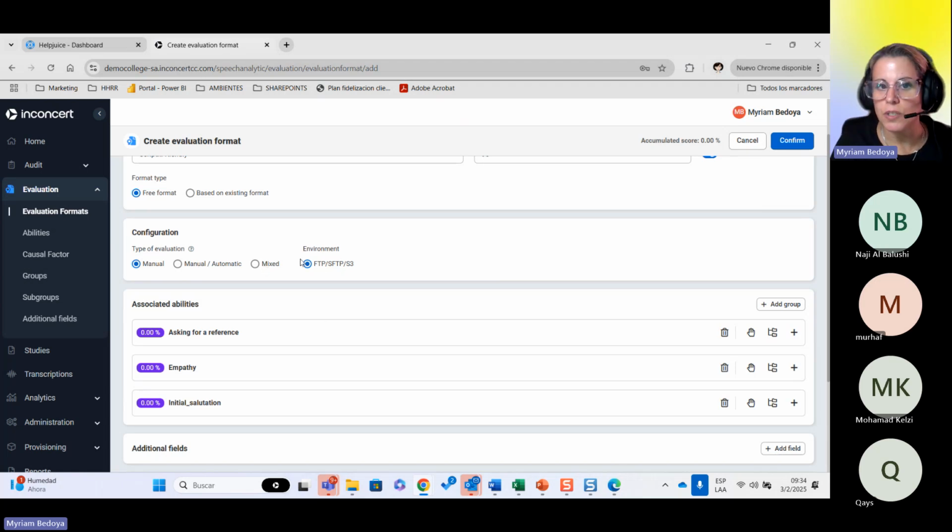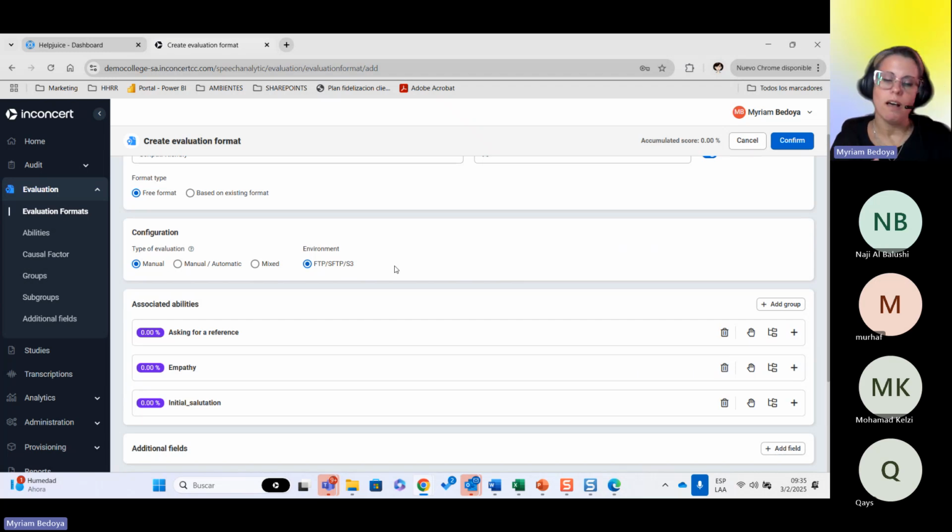And then here where you see the environment, my environment, I'm curious to see what your environment says, but mine says FTP, SFTP, or S3, which is the storage from Amazon, because I don't have any VCC. But if I had an inConcert VCC that is associated or integrated within this environment, then I would have the option to choose from, okay, picking up the interactions of the contact center from the VCC directly, which is the